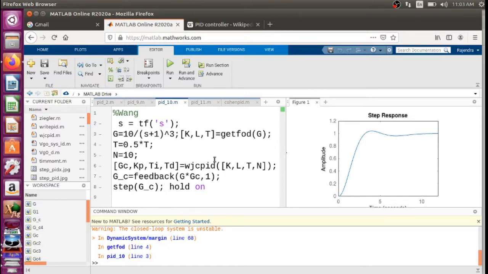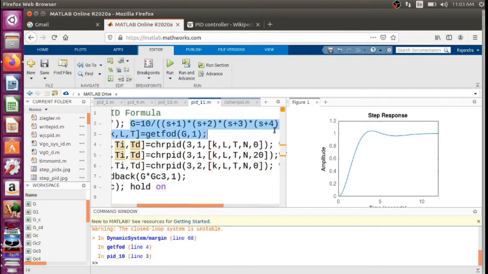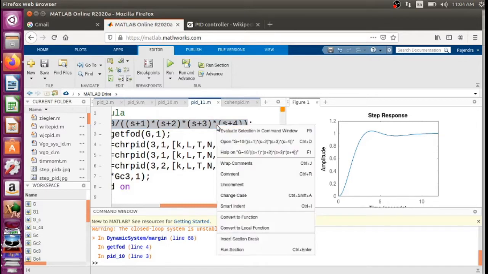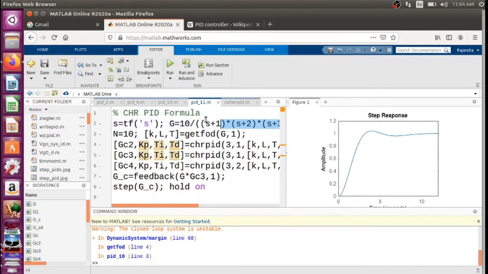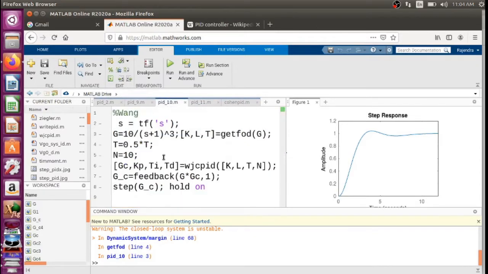Right, so let us say you choose any other plant. For example, this particular plant G is changed to this particular G, so let us copy paste, and run the same program to get the Wang function.